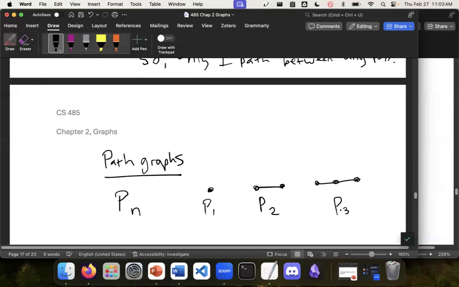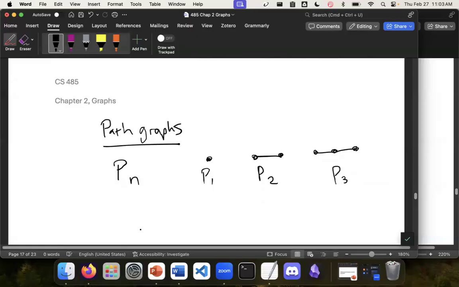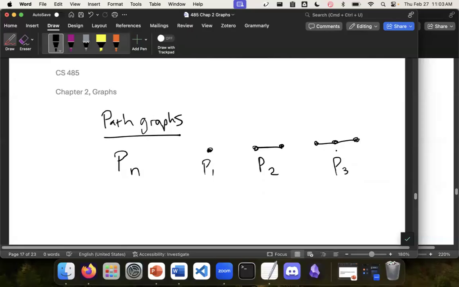It's P of three vertices, just the path between them. They're not regular because take P3: the middle one has degree 2, while the two ends have degree 1. But it is bipartite because if we color the first one, then we don't color the second one, and we color the third. And we didn't reach any